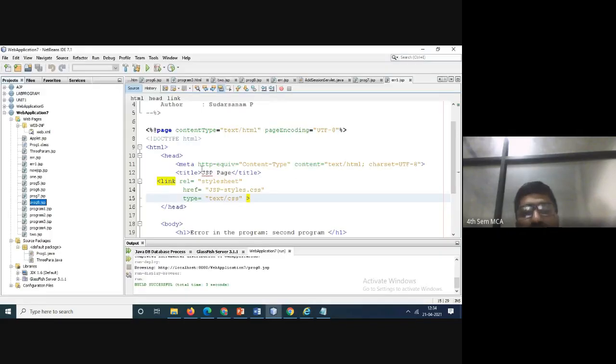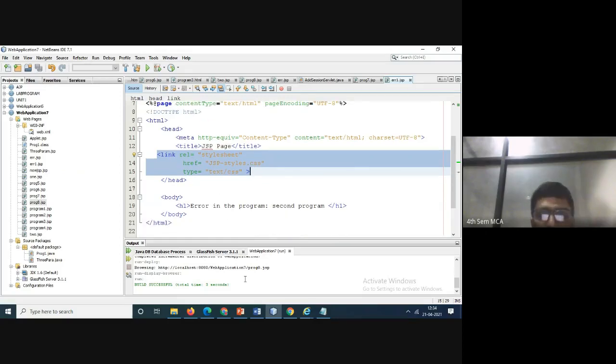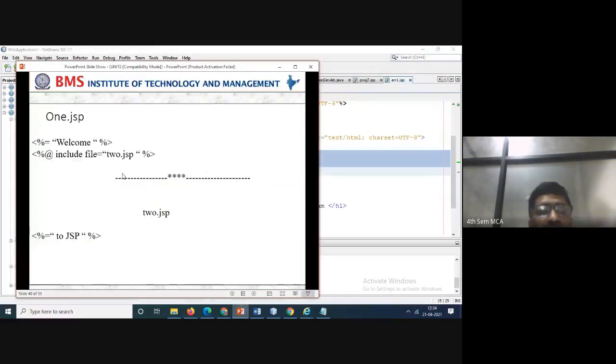See, you'll be getting the same. This is what you commonly need to write for the JSP code. These are extra things we are supposed to write. Even if you don't write them, there are no errors here, but in the examination you are supposed to write this. Okay, this is one more example.